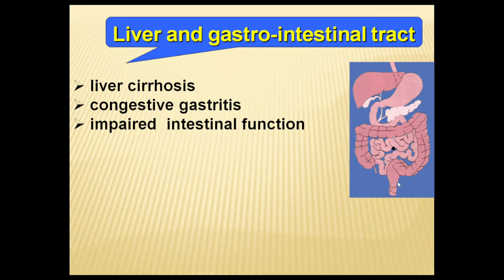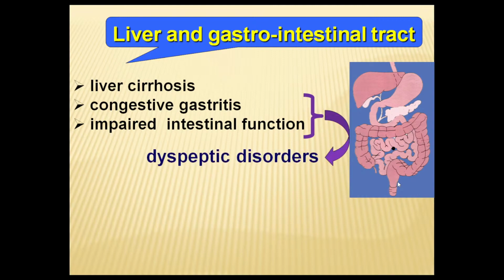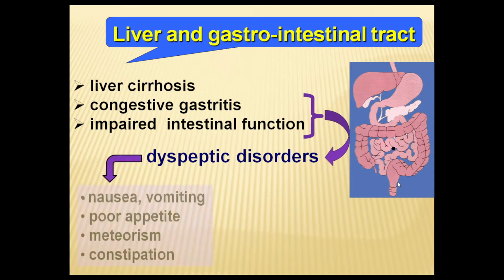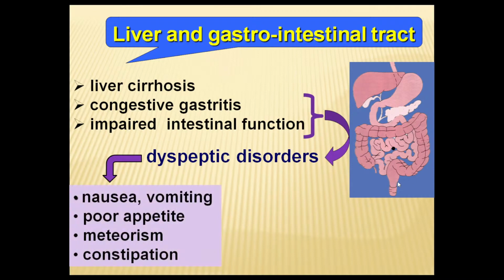And then we can see that the patient progressively loses weight to cachexia due to progressive disordered digestive process, absorption, and metabolism. And if your patient complains of nausea, sometimes with vomiting, poor appetite, constipation,